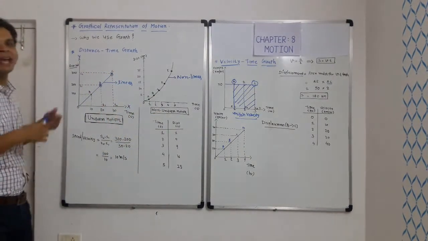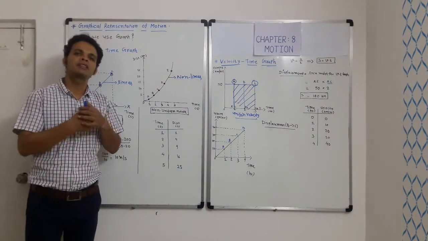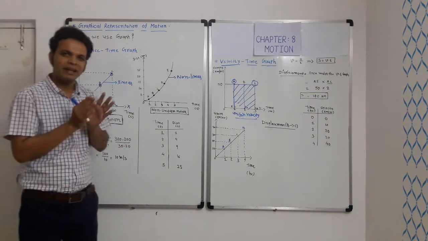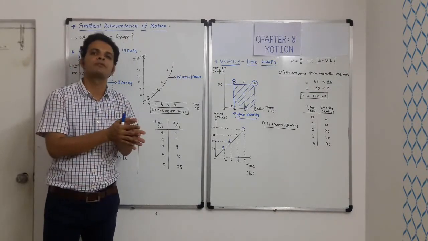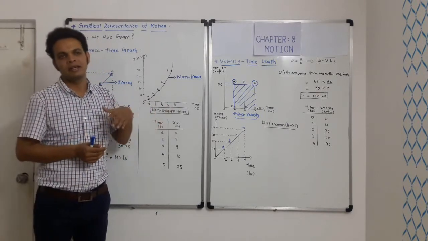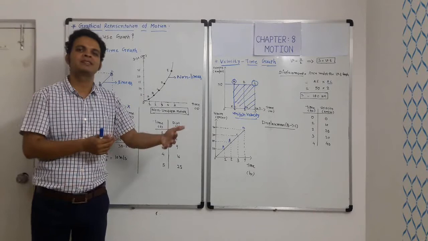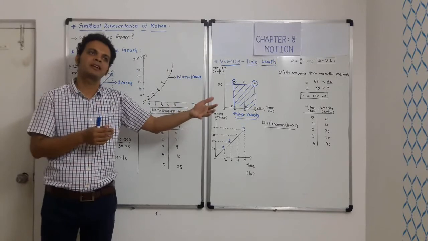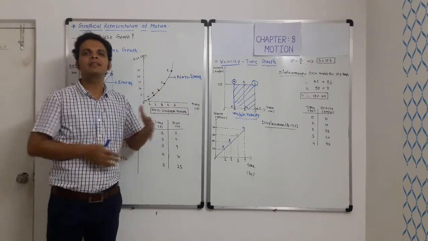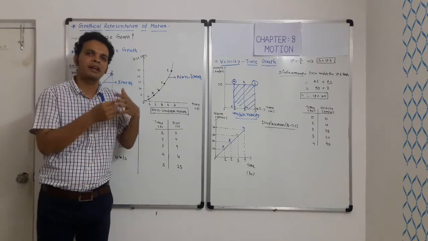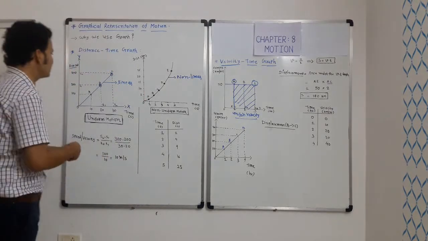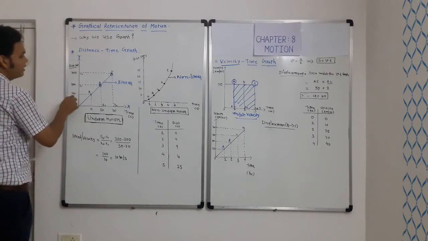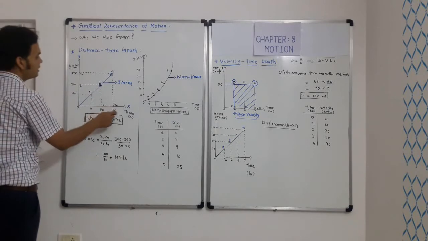Uniform motion, as you people know, is when an object is covering equal distance in equal intervals of time; then that kind of motion is known as uniform motion. For example, in 10 seconds the object has covered 100 meters, in the next 10 seconds another 100 meters, that means 200 meters, then the next 10 seconds 300 meters, and so on. So in each 10 seconds, the displacement traveled by the object is 100 meters. The same example I have taken over here. So in 10 seconds the displacement is 100, in 20 seconds it is 200, in 30 seconds it is 300